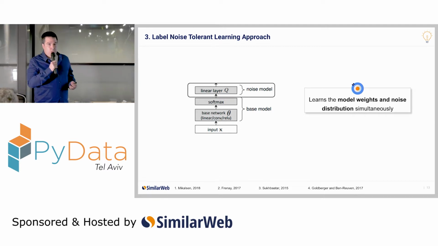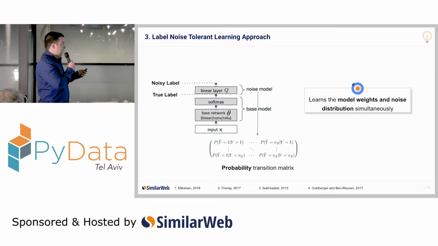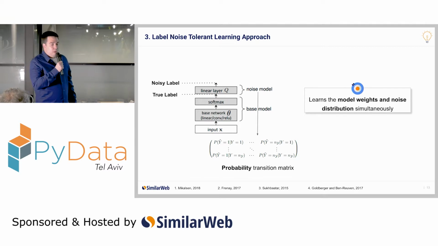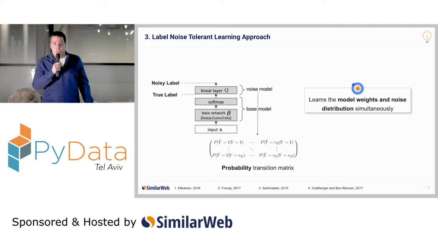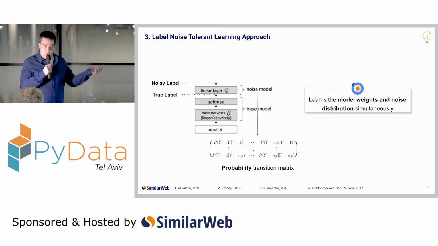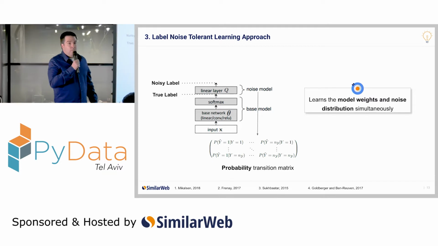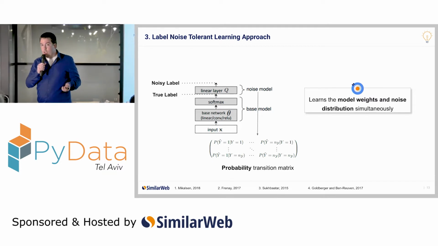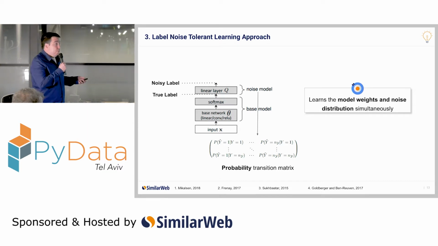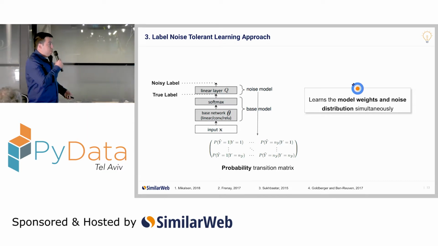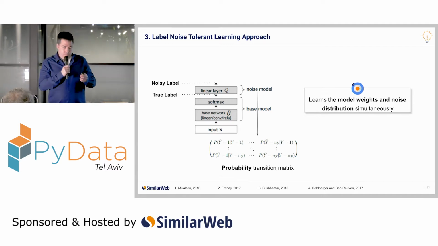If we can assume that the noise follows a noisy-at-random situation, this layer will be linear by nature. That is, this is a class size by class size matrix depicting the transition between true labels to noisy ones. During the training, the model will learn both the prediction model weights and the noise weights, and after the training we can obtain the true labels by the output of the layer prior to the noise layer.